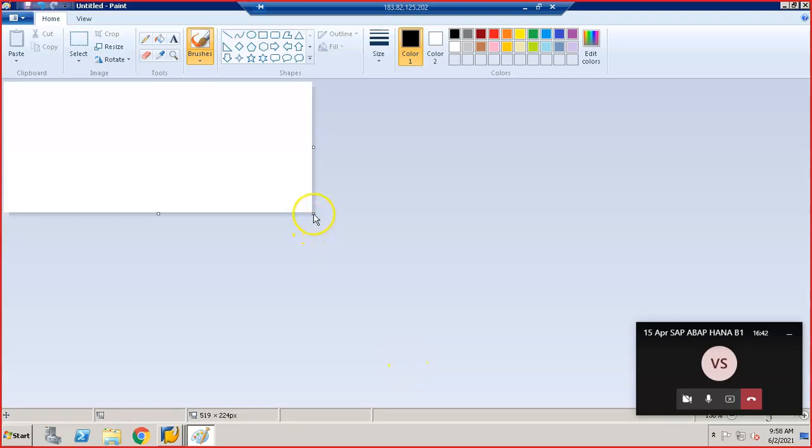Let us understand how to upload and create a logo, and how to introduce the logo in Smartforms. For that, I'm going ahead and creating an image here.